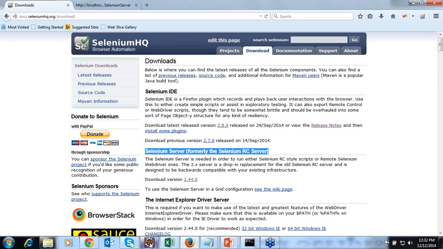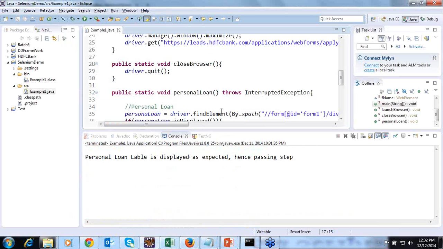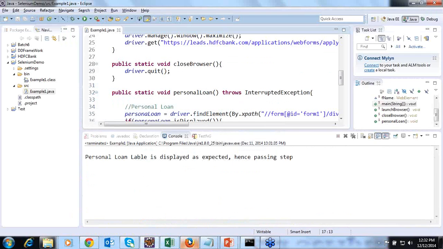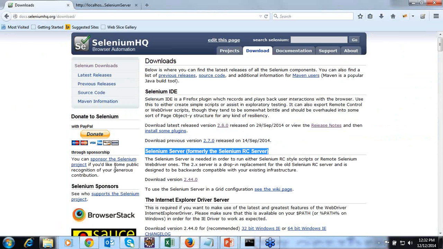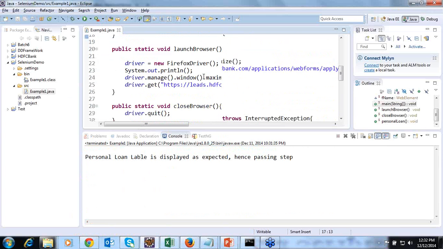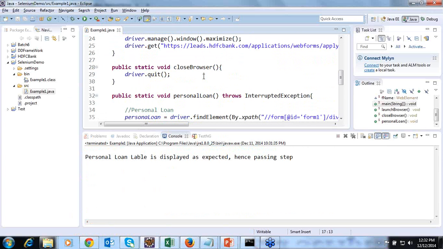If I want to communicate or send any commands from Eclipse to Firefox, I need a middleman, because Firefox or any browser will understand only JavaScript commands from the backend, whereas the commands we are going to send from Eclipse will be Selenium commands in Java. To make this conversion, we need Selenium RC.